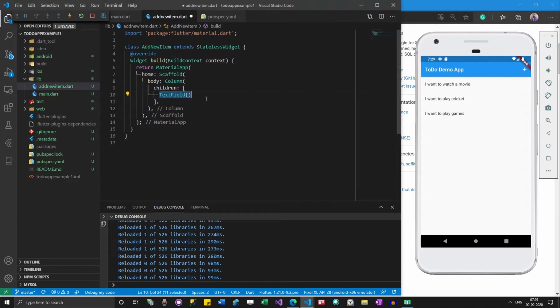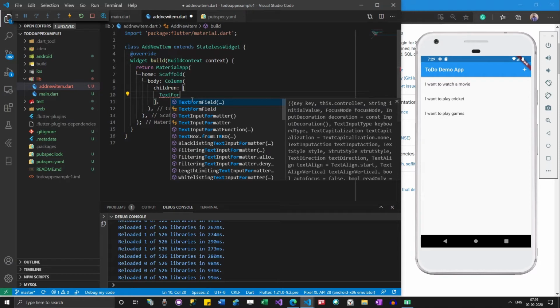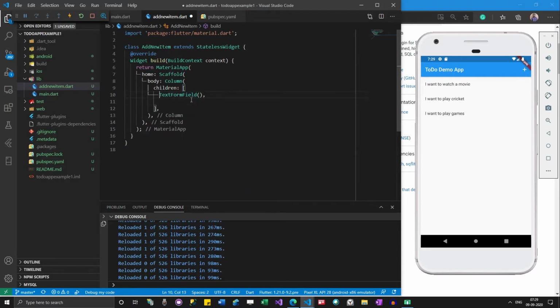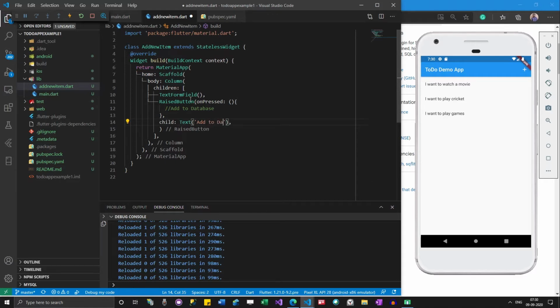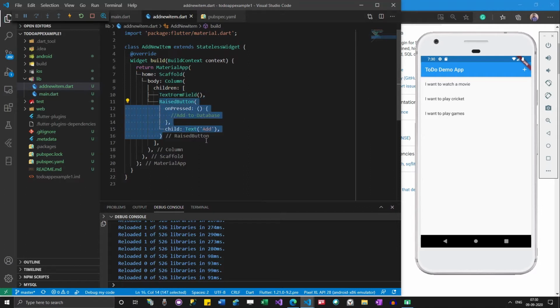We need to use text form field, not text field. So we have some text form field, and then we have a button to add it.